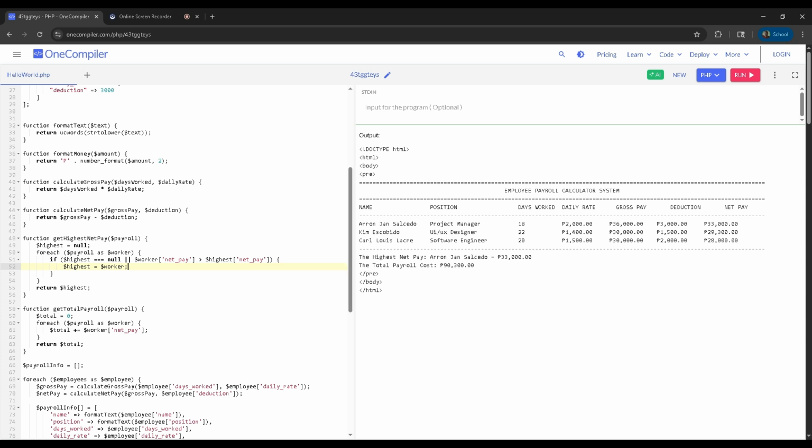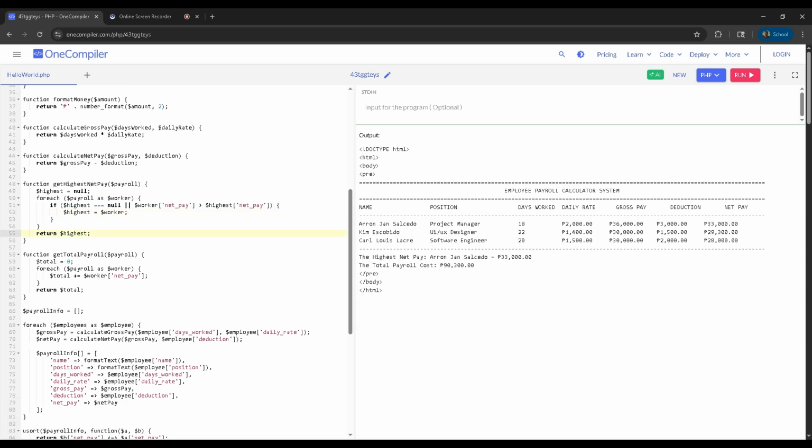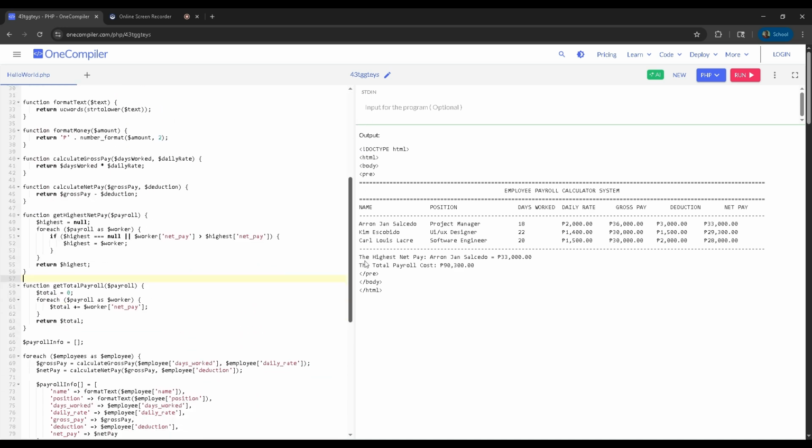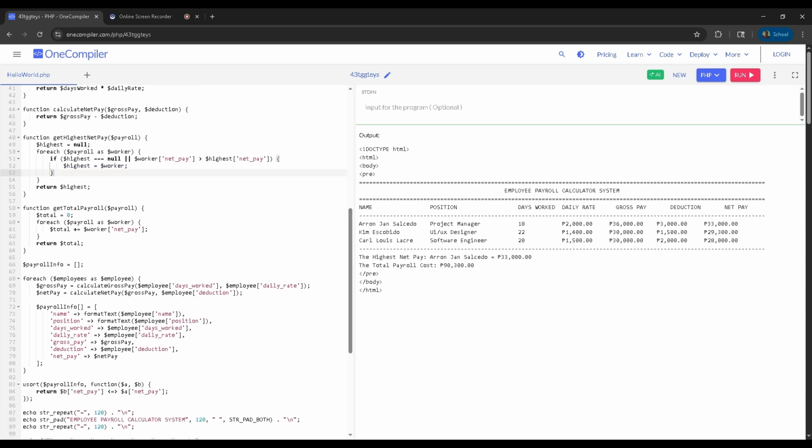So payroll acts as a worker. It's the same as the payroll. Next we return the highest. The value of the highest now is from 0 to the worker's, since it holds the worker, and it will return the highest net pay.